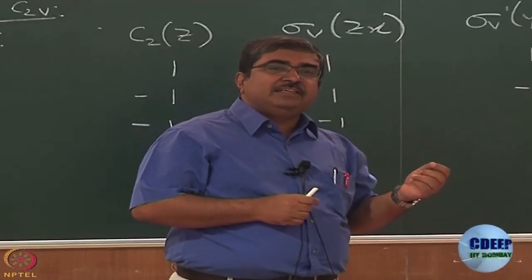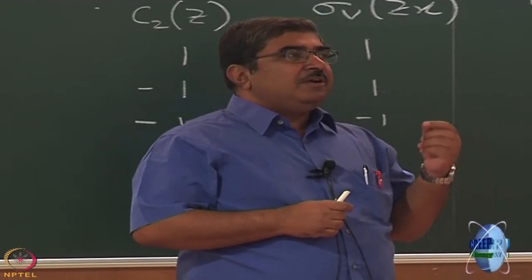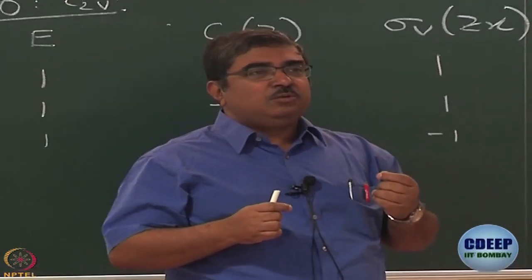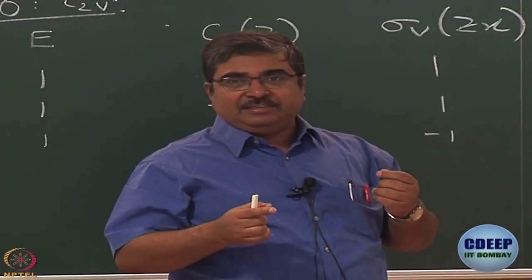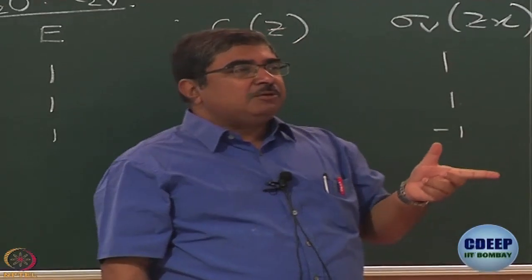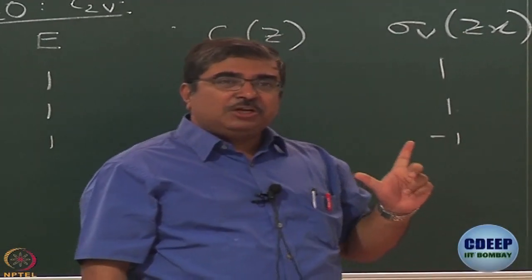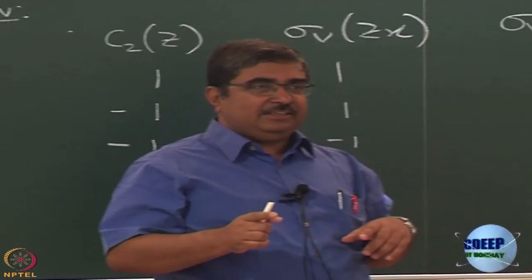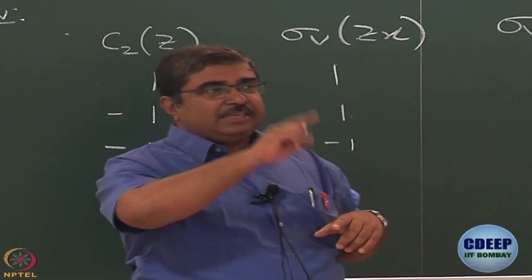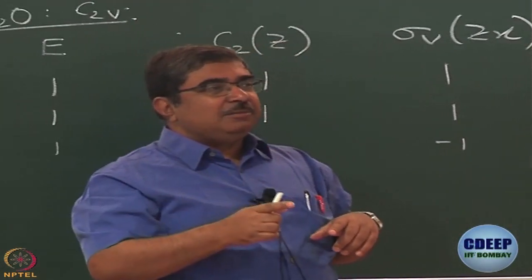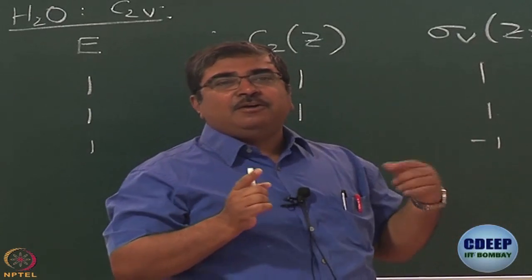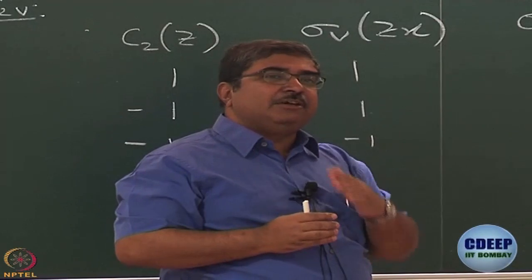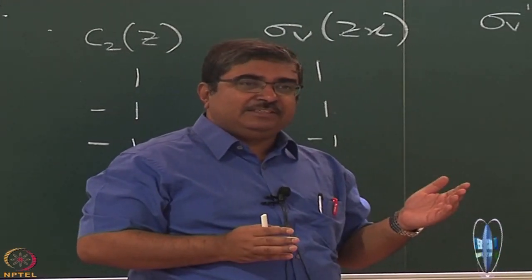Off diagonal elements correspond to the contribution of a particular element to the transformed form of another element. Okay? When we talked about rotation by some angle theta, you saw that the matrix turns out to be something like cos theta sin theta minus sin theta cos theta. So, this sin theta that you get, that is the contribution of y in transformed x or x in transformed y, then it is minus sin theta. That is the significance of diagonal and off diagonal elements.